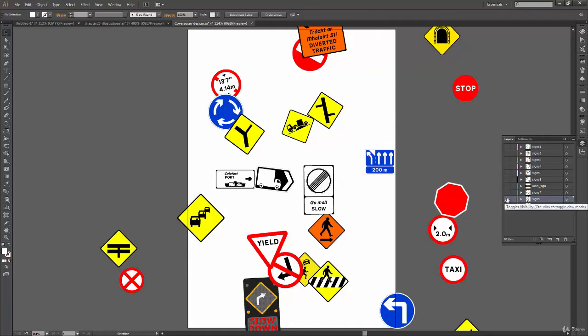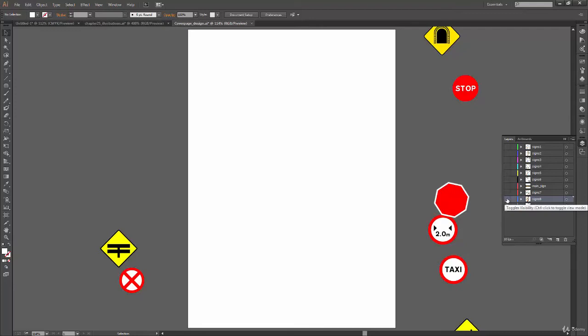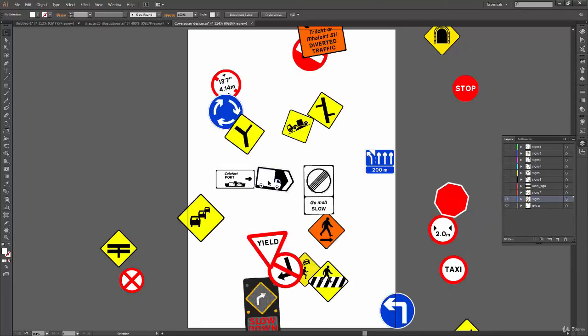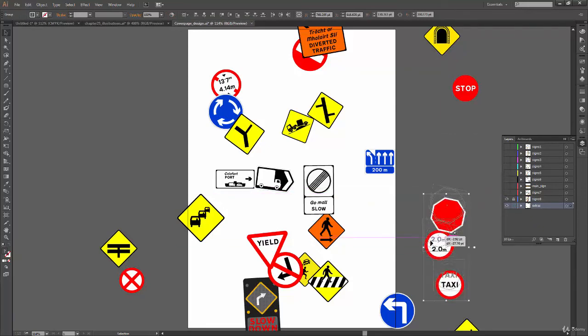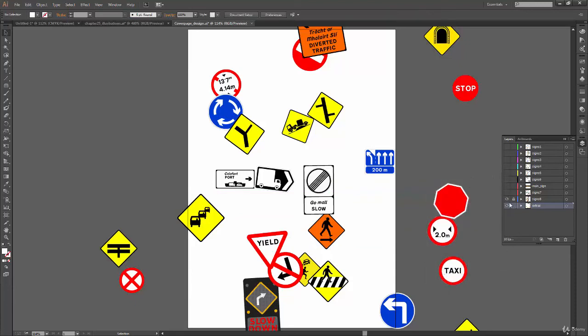If you click on this eye, it will just hide the layer, and when you click back again, it will show the layer. Okay. Now next to it, we have this empty space where we can click and it will lock the layer. So now I'm not able to move any of the objects inside this layer. But the layer beneath it, I'm able to move shapes because it is still unlocked. If you want to lock that layer also, you can just click on this empty box, and this layer is also locked.